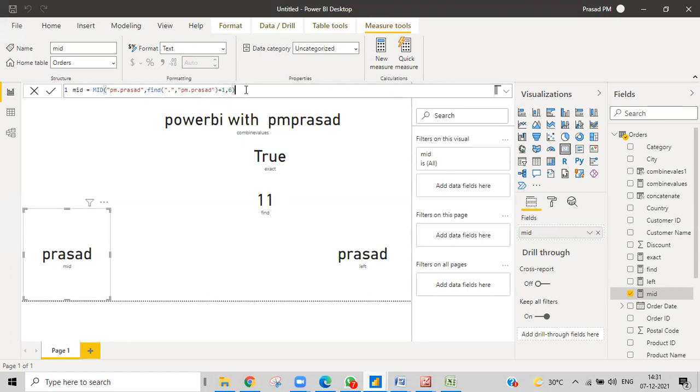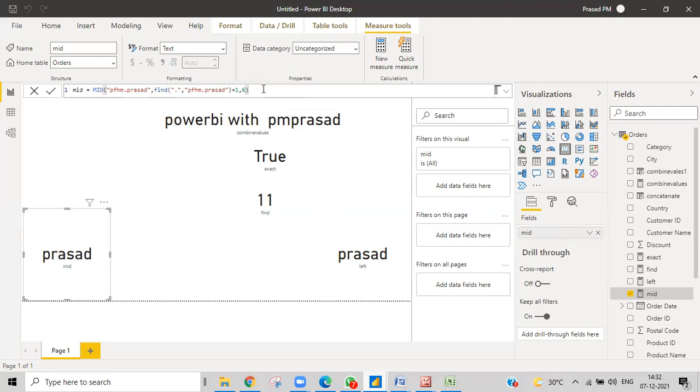So right now we are getting this result. We are asking it to find from the starting position, which is after the dot. Whatever you change here, it doesn't vary, it takes +1. Find the position of that one. Here also in this one you have to give the same string, every time I'm forgetting that. I'm sorry. The same string we need to write, right? So then I will do this.